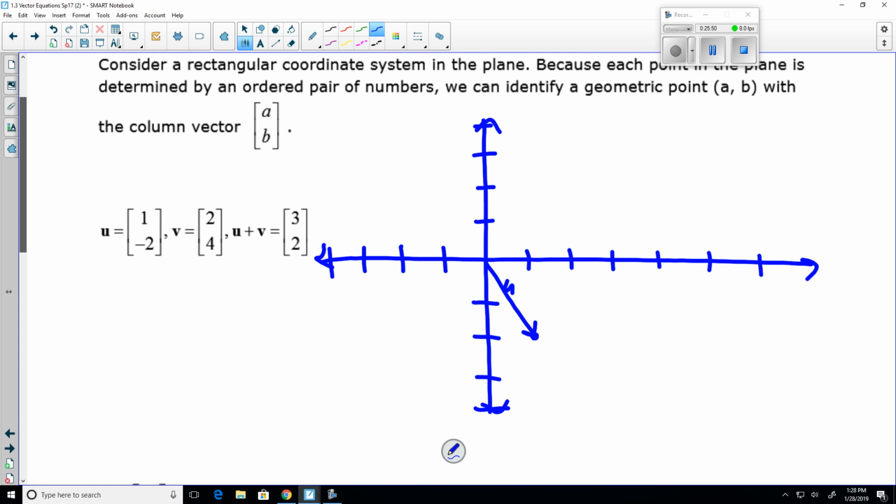Vector U. V is 2, 4. So let me use a different color here. 2, 4, like this. So that's V. And then U plus V is 3, 2. So let's do that in red. 3,